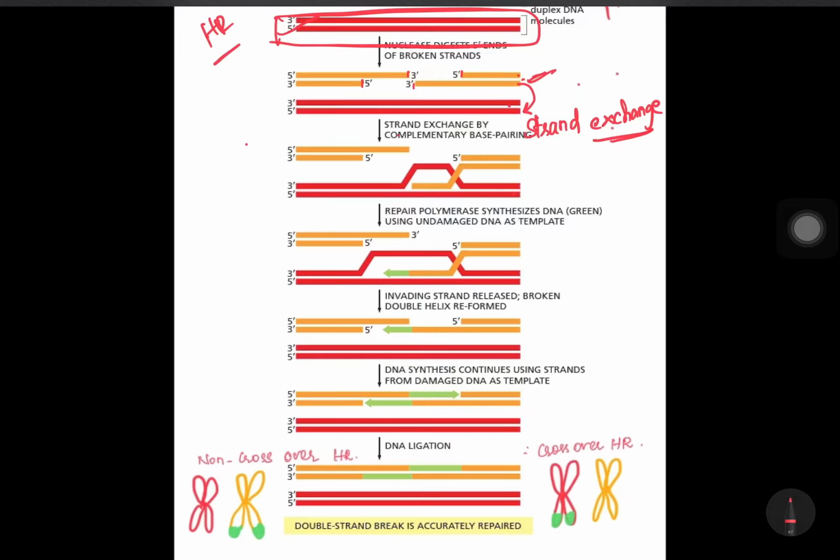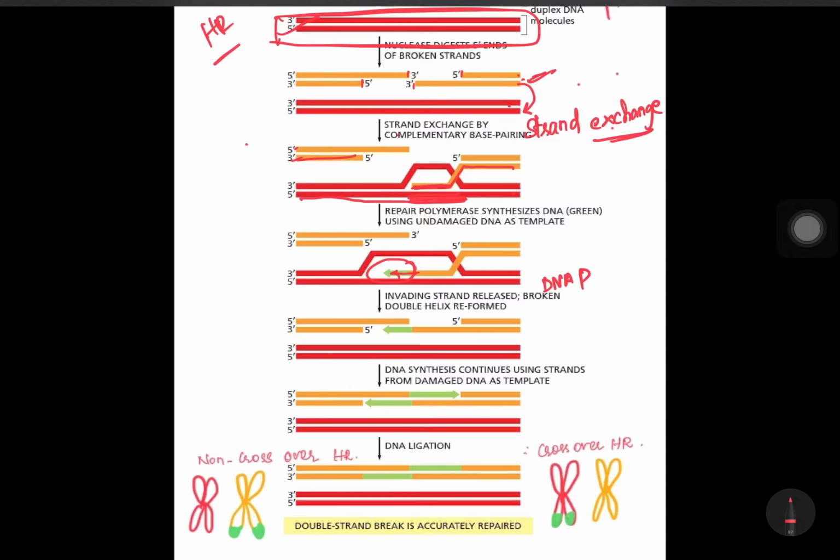Here you can see this is the first strand, this is the second strand. This second strand will come and pair with this. Now this will become the complementary strand to this strand, and based on this complementary strand which is intact, it initiates and elongates the strand. Once it has initiated a few nucleotide sequences, it will elongate by itself using DNA polymerase.